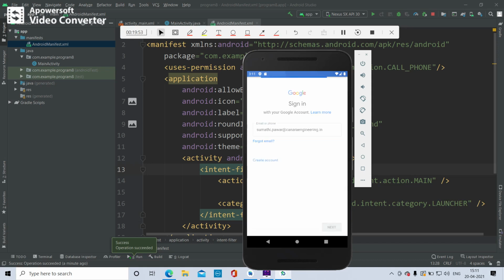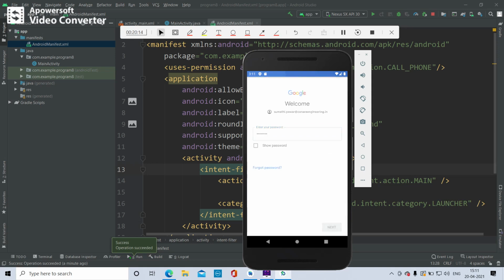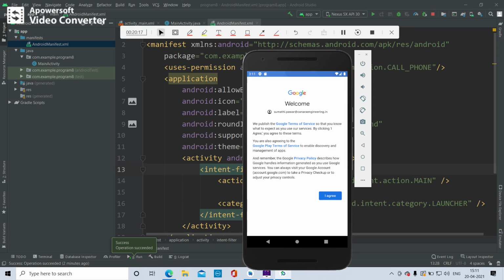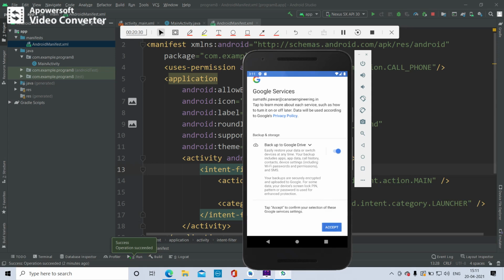Next, it's asking for the password. Then we have to say I agree. Select more, select accept.